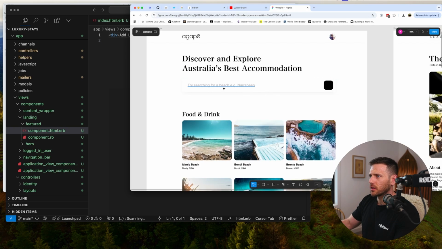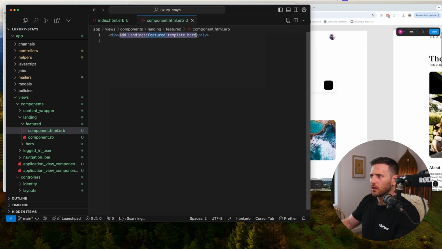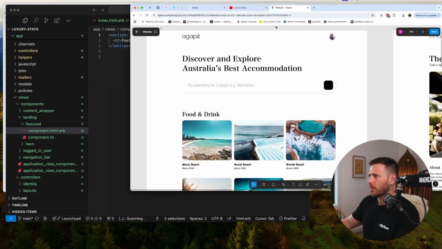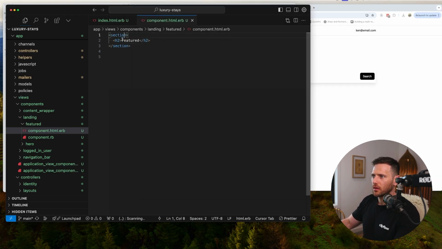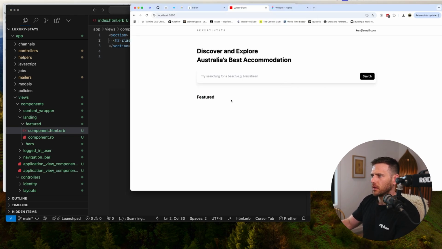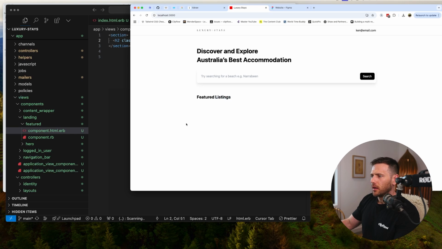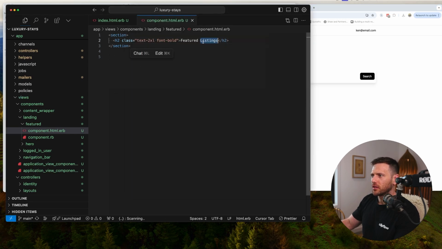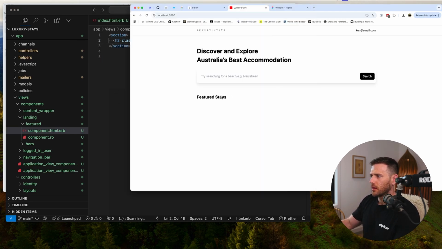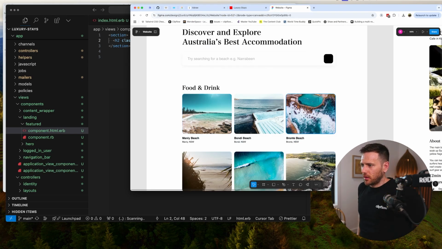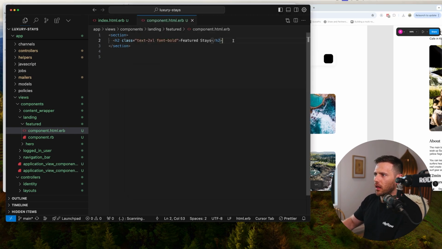So now what we can do is we can see we've got a little bit of a heading. So let's just go here. We can call these sections actually as well, just to break up the HTML, and go boom, featured. And then we're gonna go class. Sweet, that's looking good. And we can just say featured listings. It's called stays, so we could call featured stays even. And then from there, we're gonna have a grid, right? So we're gonna have a little grid here. So let's set that up. That is gonna look like,